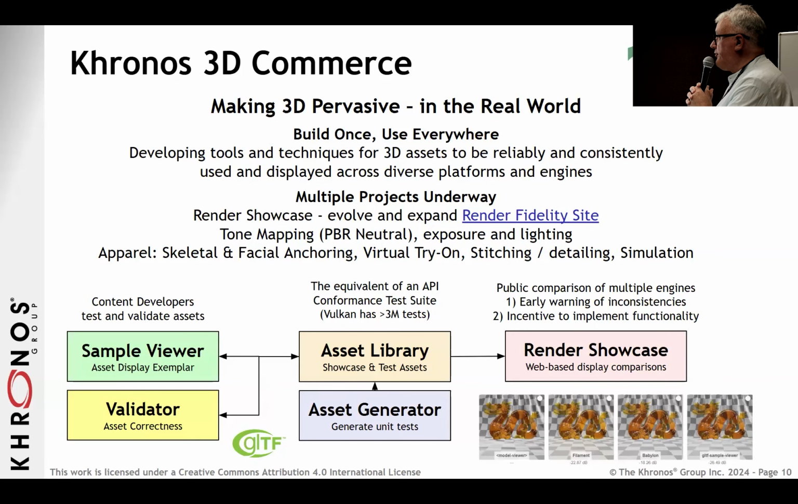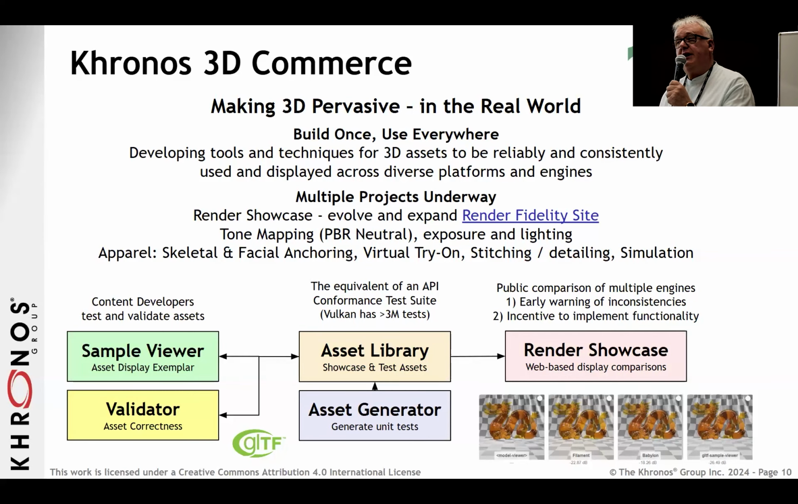We also have a 3D commerce group at Khronos, which is trying to do the same kind of thing. It's trying to make 3D reliable, not just at the format level, but at the deployment level. So as well as the tone mapper, we're putting together an asset library, which is really like a conformance test suite for an asset format. All the engines and the players and the applications can use the asset library to test their functionality. Again, working with Emmett from Google, we now have the render showcase, so we can have multiple engines